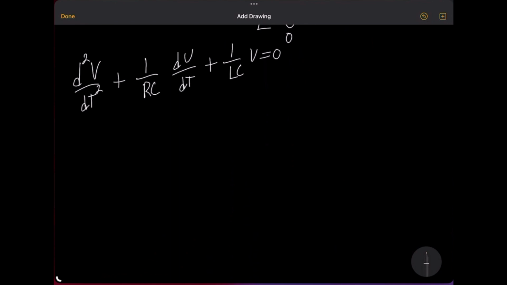Okay. Now that we're this far, now that we have our ordinary differential equation, we're going to solve it. It's much easier to solve this one with the old let v equal e to the mt. V prime will equal m e to the mt, and v double prime will equal